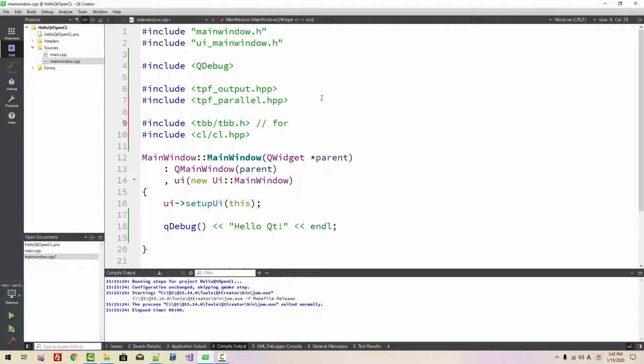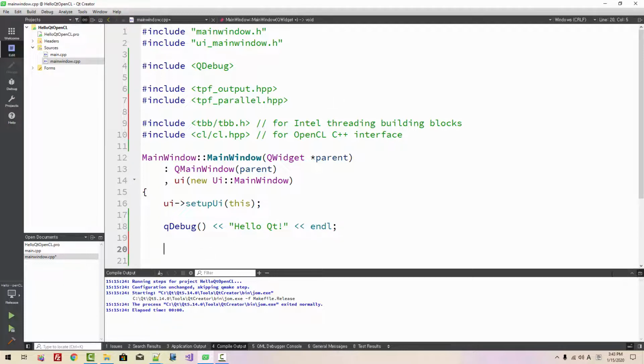For Intel threading building blocks. For OpenCL C++ interface. Now here